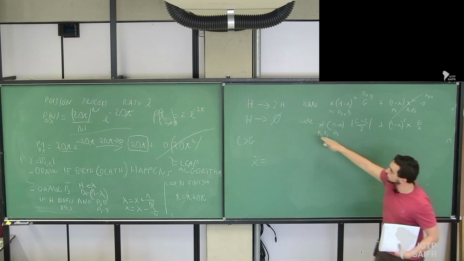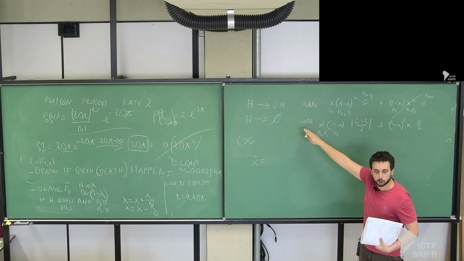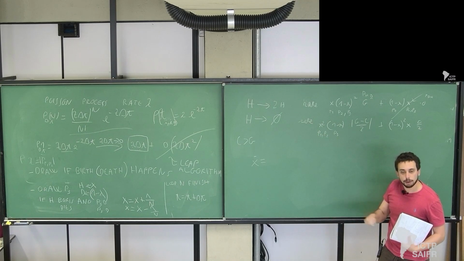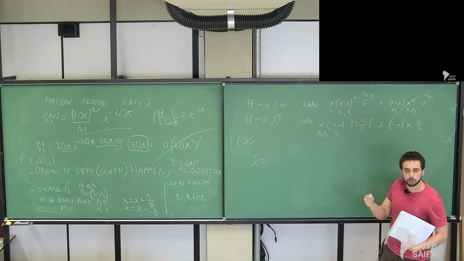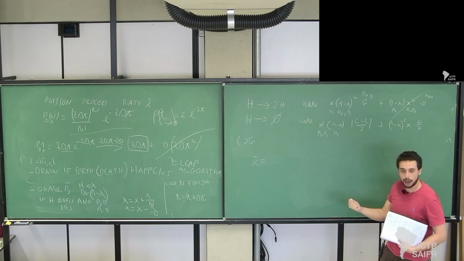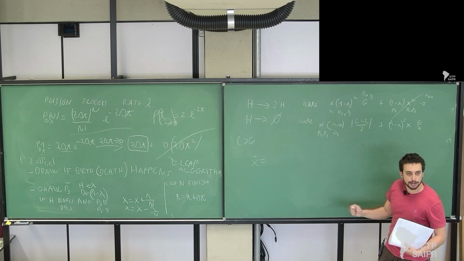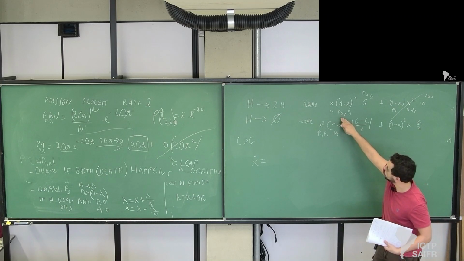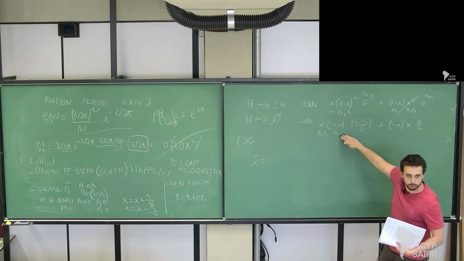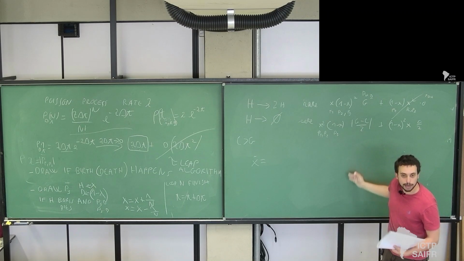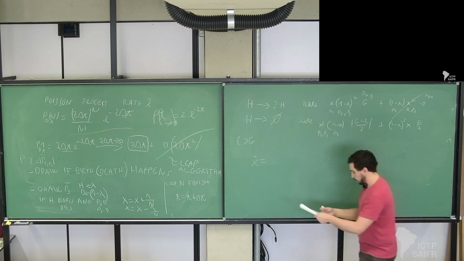Because in this case you have a birth, so the state goes from n to n plus 1. In the other case, it goes from n plus 1 to n if you have a death. So when you do the finite differences, you take this rate minus this rate. And if you write it down, you get